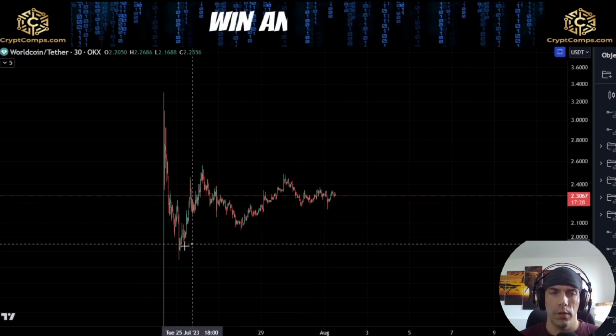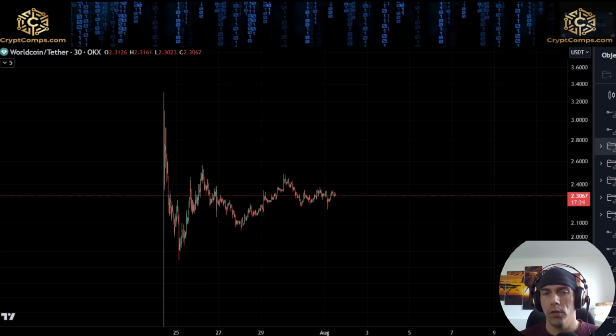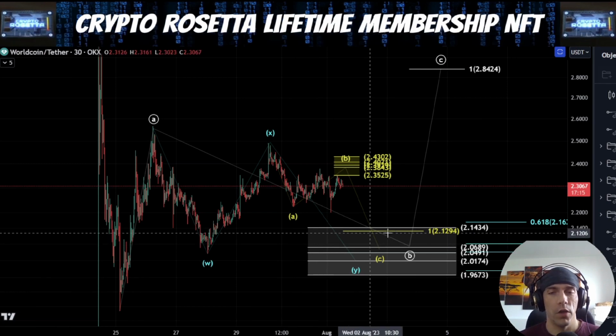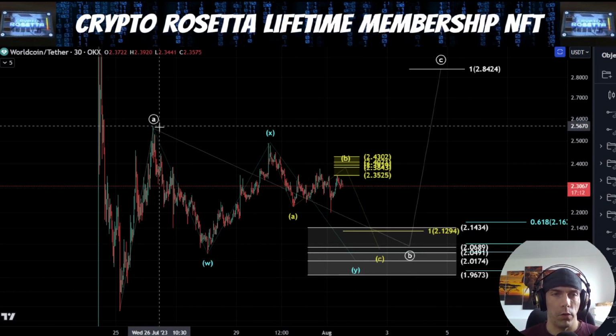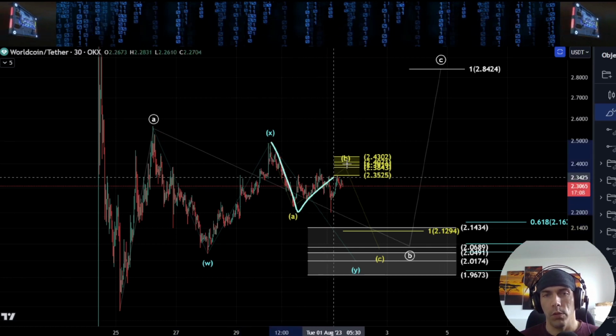Now, if we are looking at this as a potential low here, what I'm looking for is the possibility that within the structure, we could be looking to form something along these lines. This would be the alternate count to that idea of the triangle, where what we're saying is this could potentially be W, this could be an X wave here, and what we're looking for is an A, B, and a